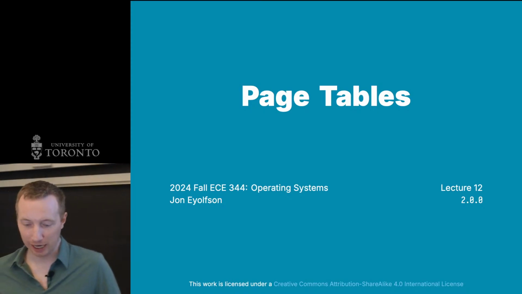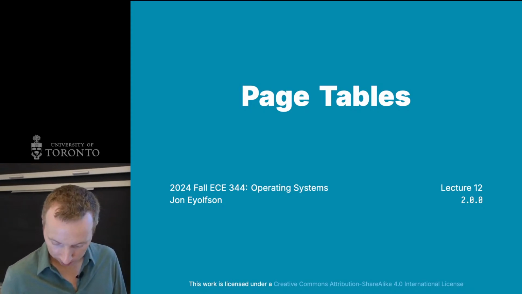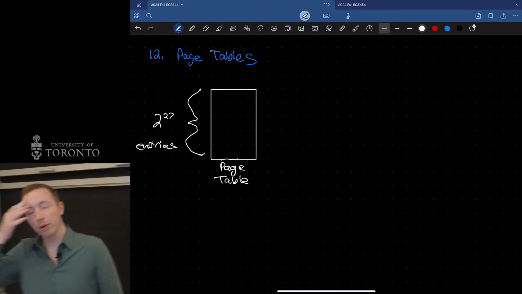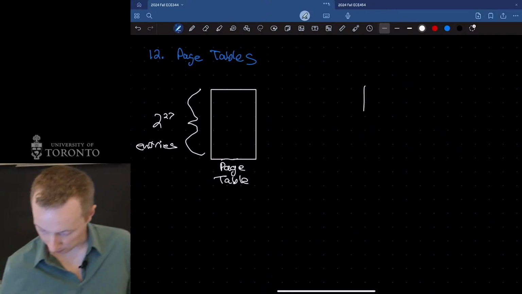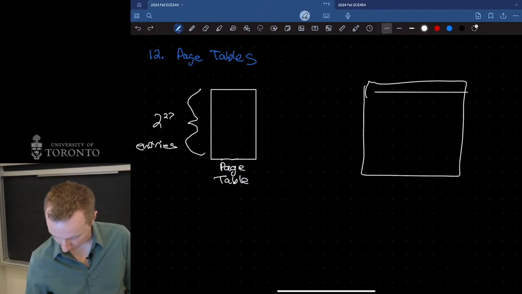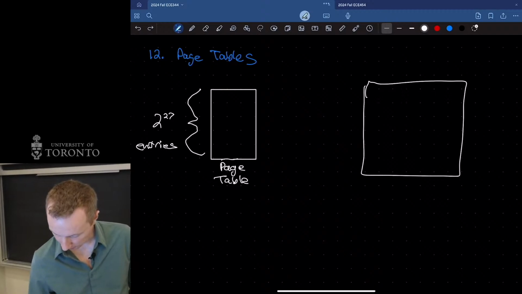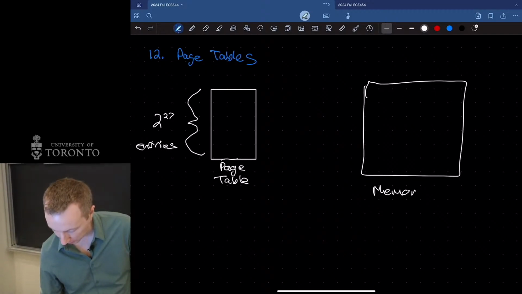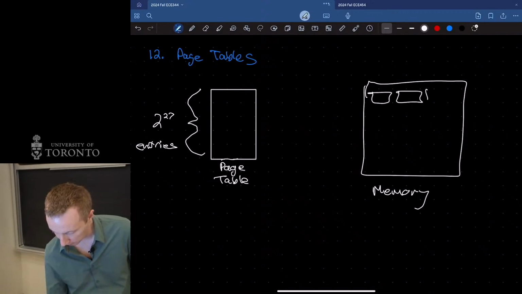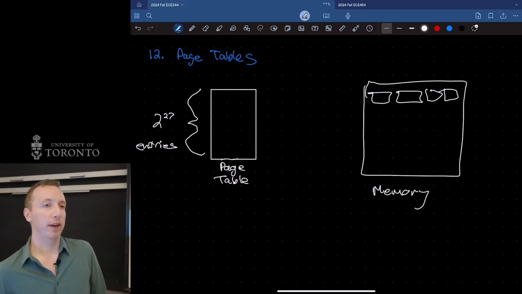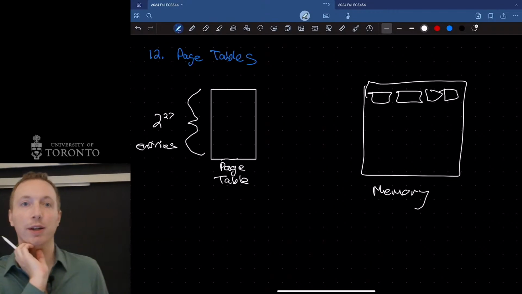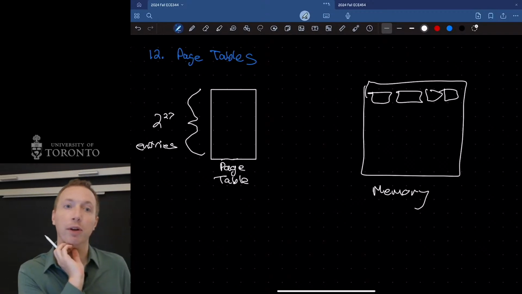Okay, well, we have a little bit of a problem on our hands. We know we divided our memory up into these big blocks. So if this is all of physical memory, we divided it up into a bunch of blocks, and the size of each of these blocks was 4096. But we have a little bit of an issue, because we need to also store the page table somewhere in